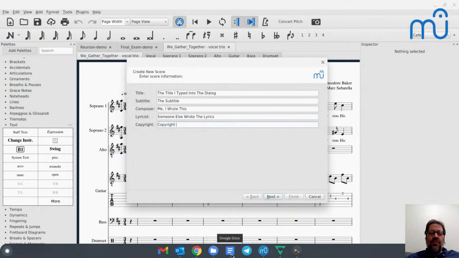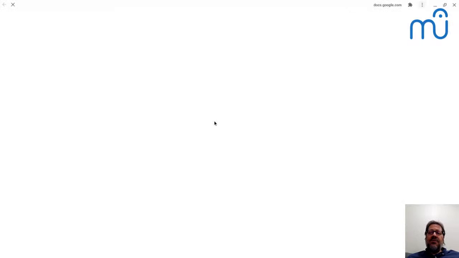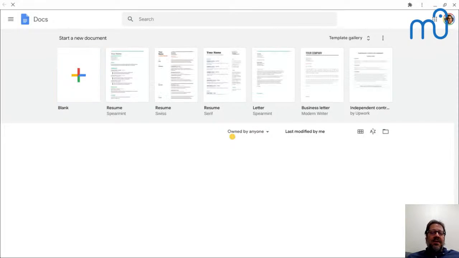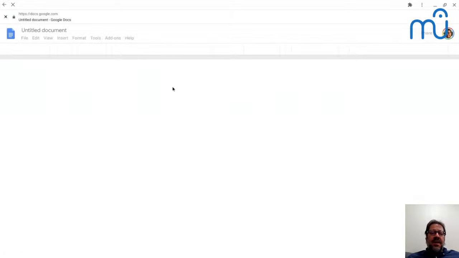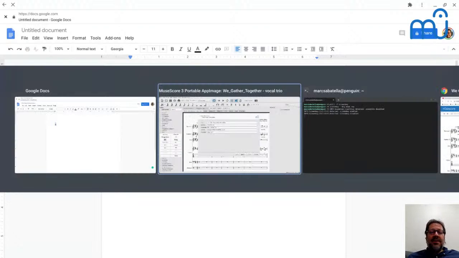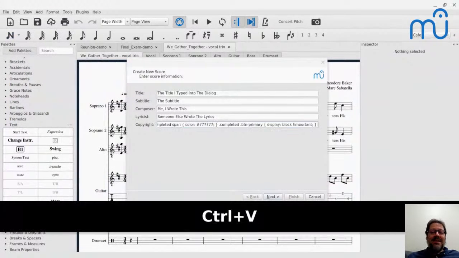I'm going to just open up Google Docs, because I think Google Docs will automatically replace it if I type into a Google Doc. Let's find out. I forget if it does it automatically or not. If not, then let's see. Parentheses. Come on. Close parenthesis. There we go. So I typed parentheses, C, close parentheses, and it turned into a copyright symbol. So now I can copy that, and I can come back into MuseScore and paste it.